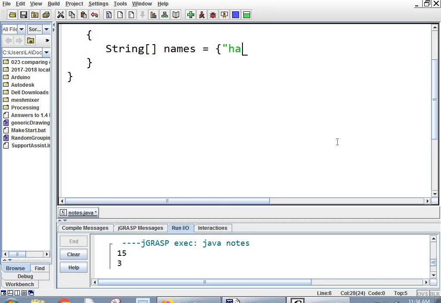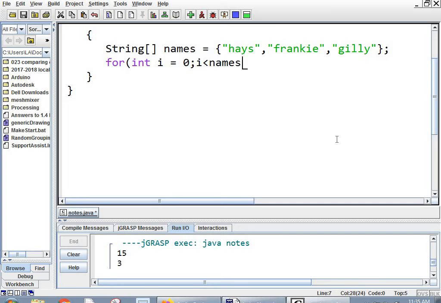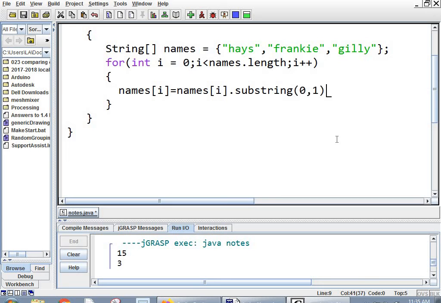So I made an array. It's got names in it. Same stuff, right? Inside here, though, what I'm going to do is make every element upper and lowercase. Like these are names, right? I want to make them properly cased. So names[i] equals names[i]. Now I want the first character to be uppercase for a name. So I do substring(0, 1).toUpperCase() plus